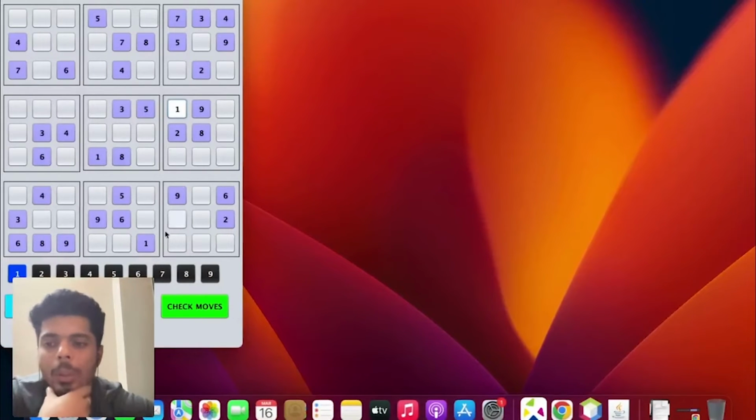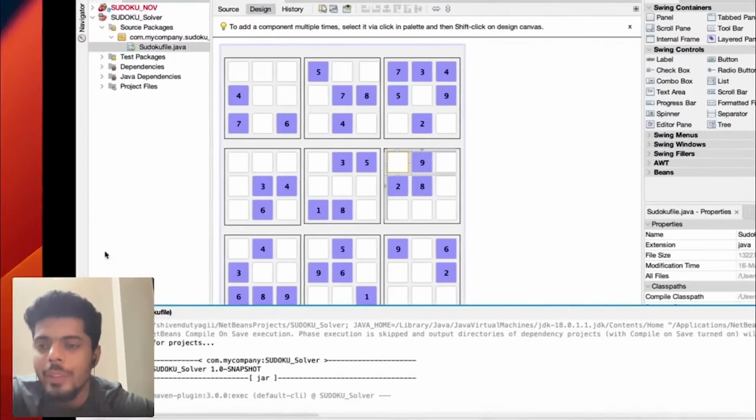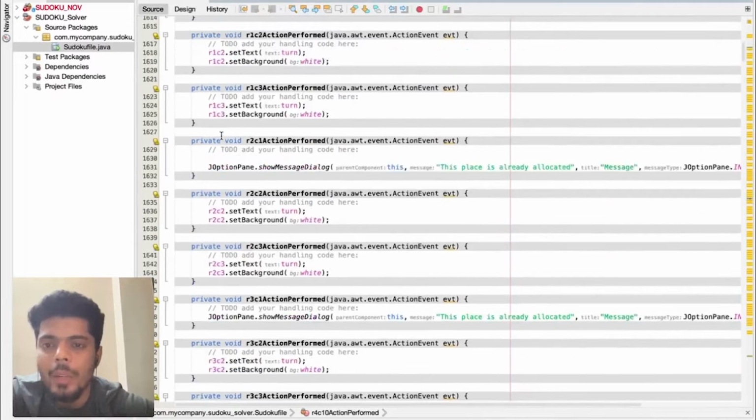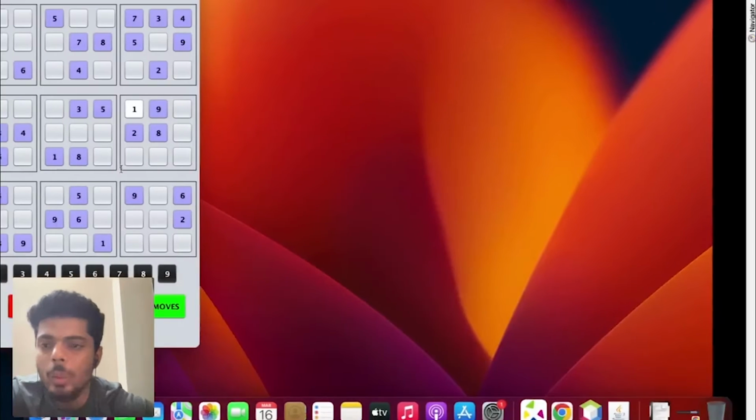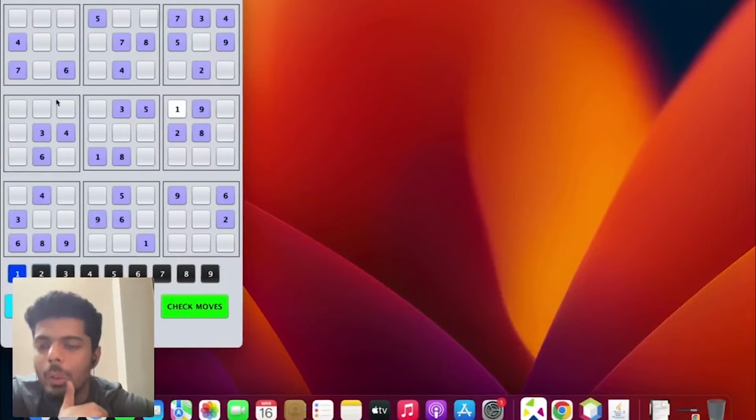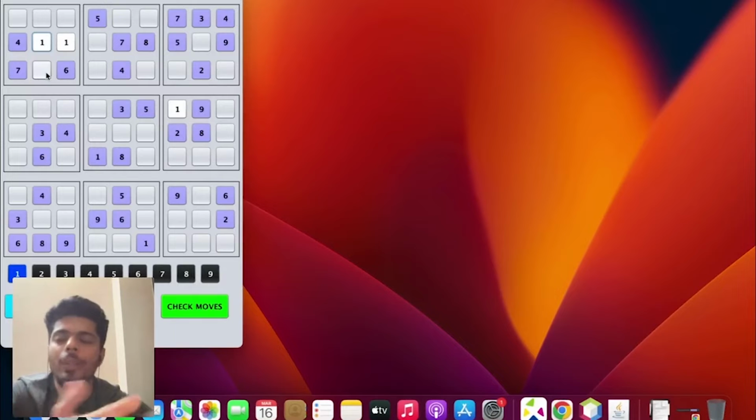Also, on the click of any of the buttons, let's say on the click of the 2, I'll override the value of the turn variable. I'll override the value of this turn variable by 2, and after clicking 2, if I click any of the grid, the value here, instead of 1, will come up as 2. Okay, a very simple flow.